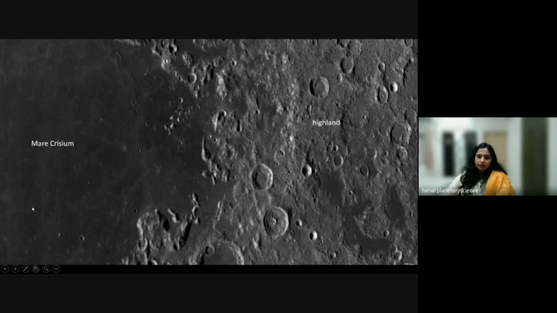mare area, the left one, and highland area, the right one. So mare area is basically a basaltic pool that you saw. When bombardment occurs, or a very large impactor hits the surface, the lava comes out from the surface and makes a pond-like structure, and with time it solidifies and makes these basaltic, mostly igneous rock, mare regions. So they are flat plains on the moon, and the others are highland regions. They are pristine crust, I would say.